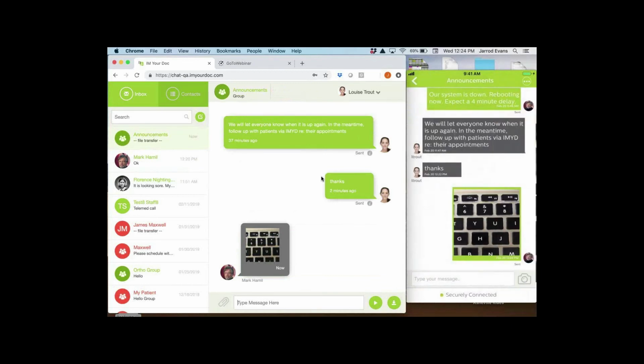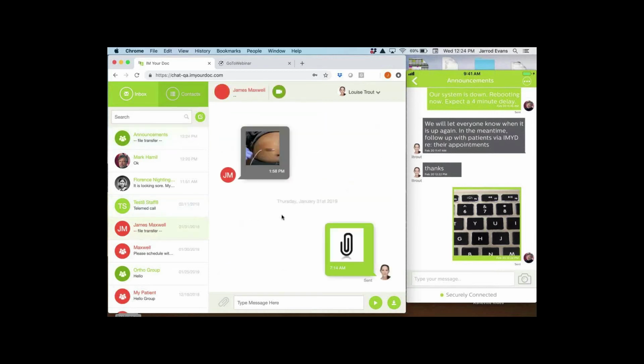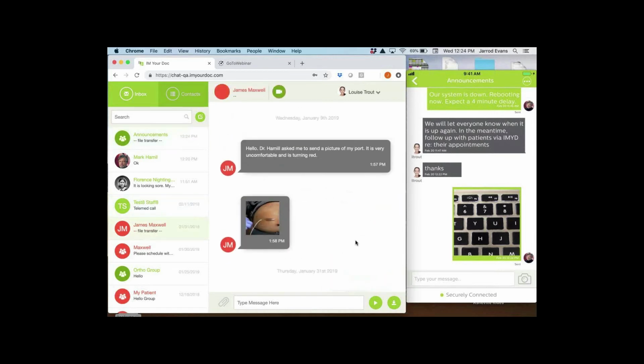And so if this is an image of a document or a computer screen or a rash or incision, it will send the appropriate information very quickly. Now, I'm Your Doc not only is for provider communication or in-practice communication, but it's also for patients. And so patients can also send images like this that are helpful for you to make clinical diagnoses,